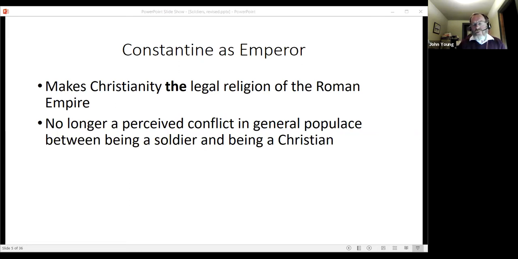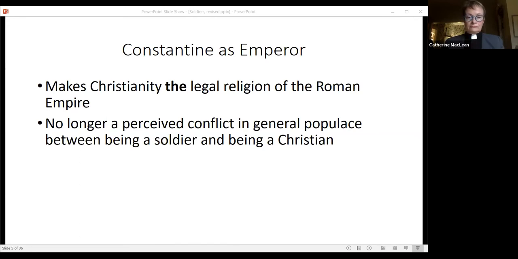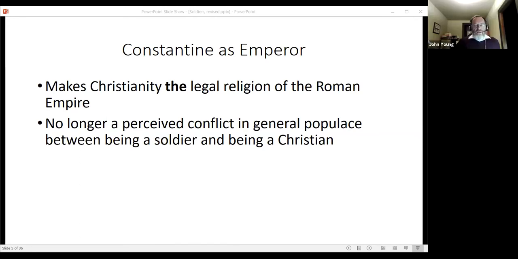And it's Ambrose who first begins to work out a theory, if you like, or he's the first one to really start to write to justify the position of being in the military or being a soldier as something that's important for Christians, and to start to write about how one would conduct oneself and how you decide what's right to do. A little later, and Stephen, you can go to the next slide,